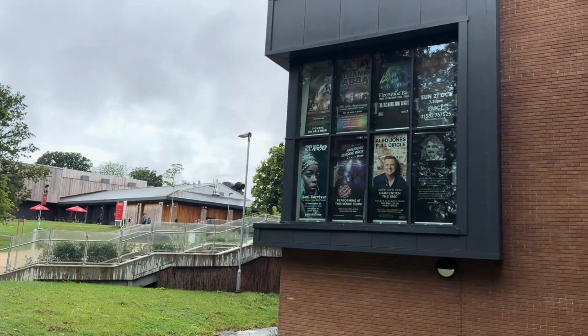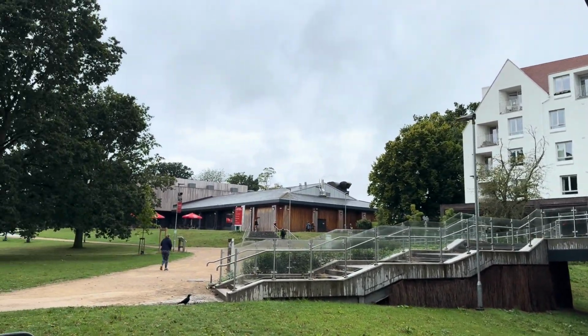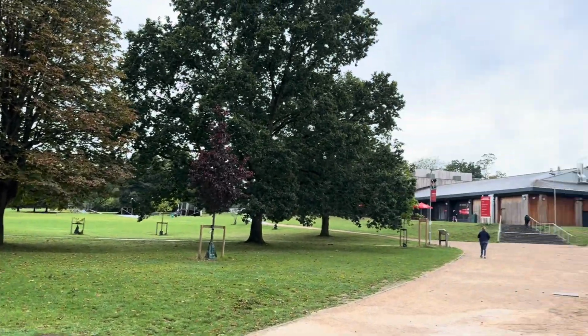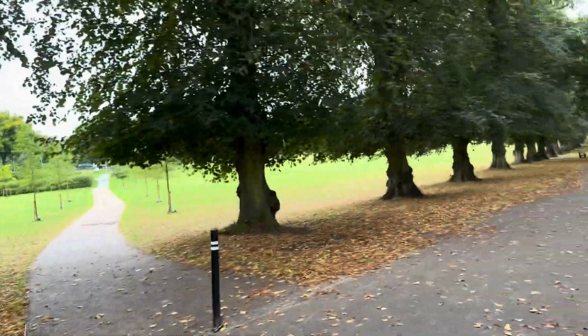And this is obviously a theatre as well as a museum, and there is also the Harpenden Leisure Centre over there. Wow, I never knew this existed, so I've discovered something new today already. Oh yeah, what a splendid park, very well kept as well. They seem to have gone down the route of...